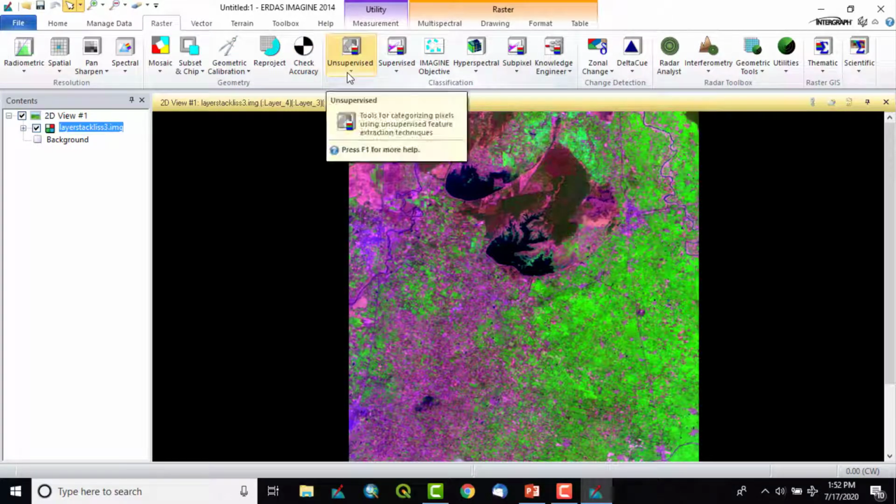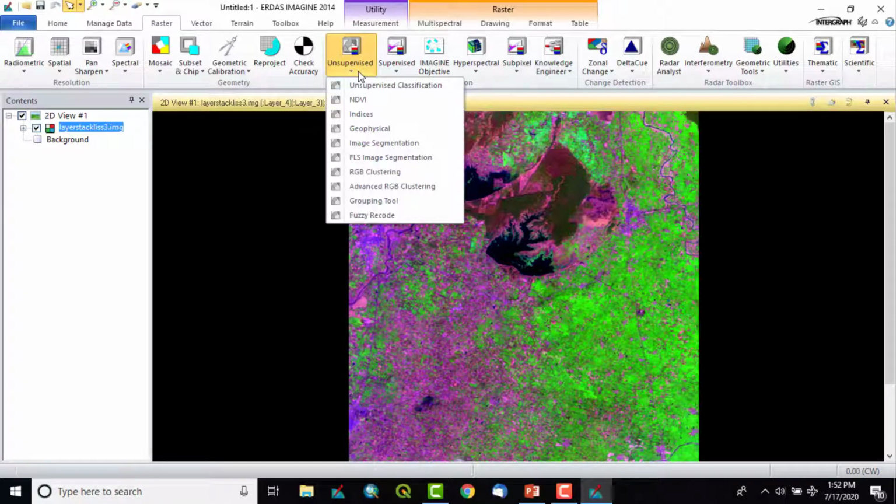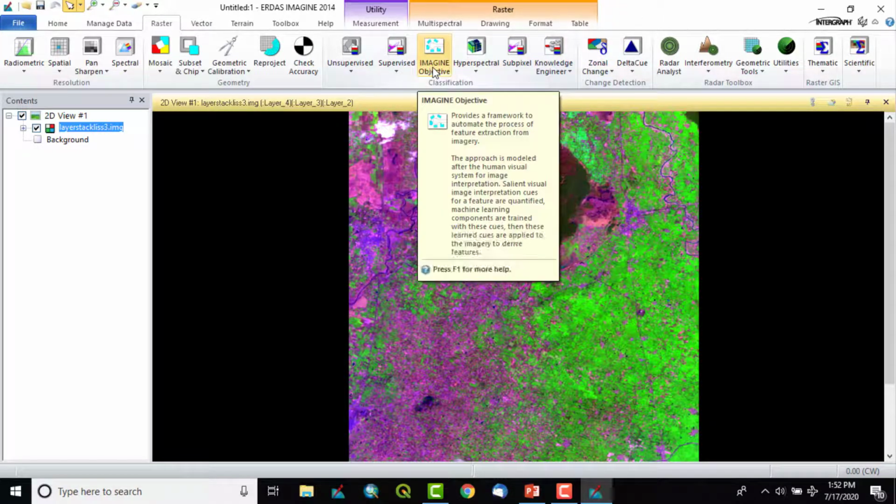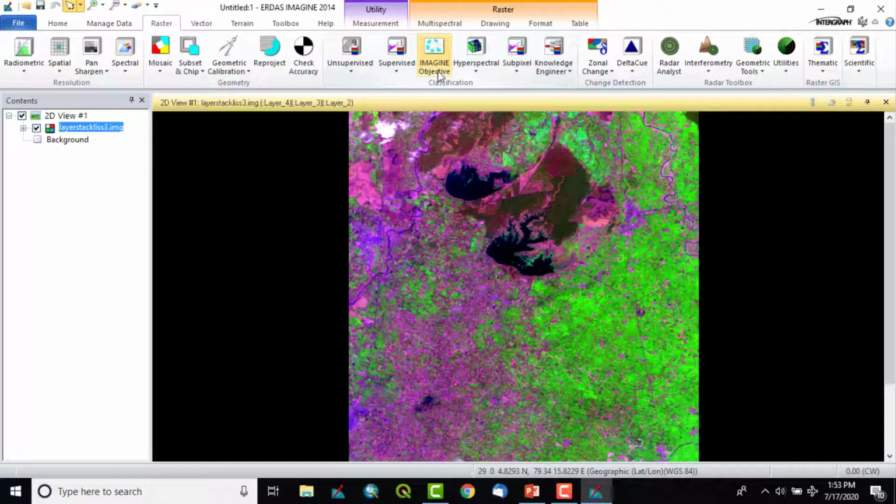Next is classification, also known as image classification. There are two methods, unsupervised classification and supervised classification. These are two very important tools. This is also known as land use land cover classification. Next is object orientation. Advanced techniques came that classify an image on the basis of objects available in the satellite image. So that is the tool for that. Next is hyperspectral.